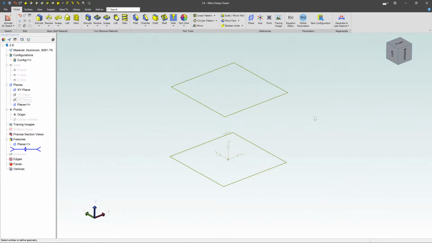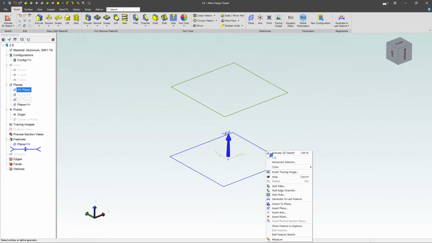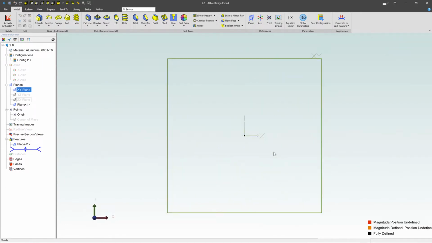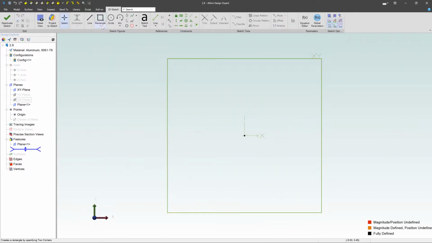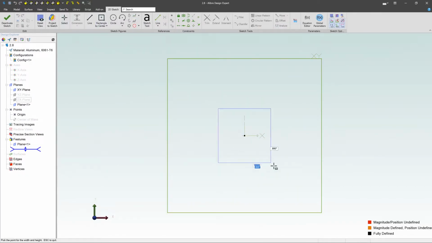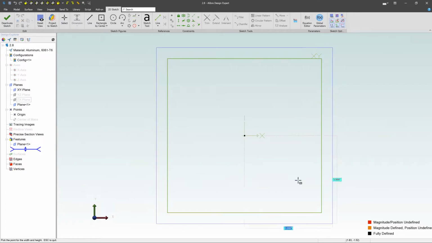And now what I want to do is create some individual sketch geometry. So come down here, select that plane right there, right click on it, and say I want to activate a sketch. Let's just do something super basic. Let's create a center point rectangle. I'm going to start at the center and drag something out here. I'm going to type in something like 3 inches here, hit tab, 3 inches there, and I've got a